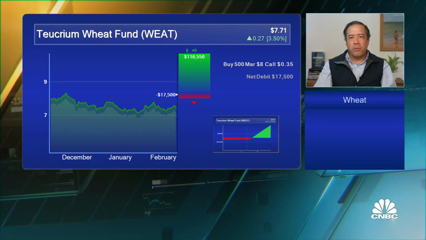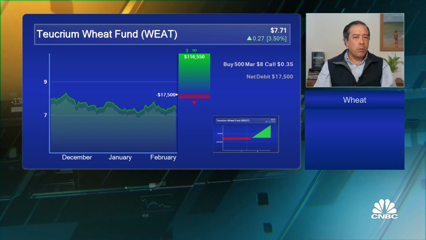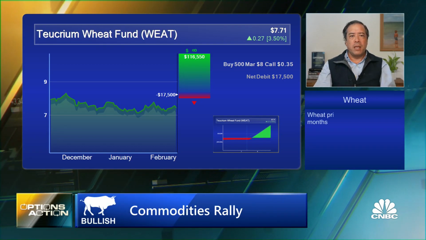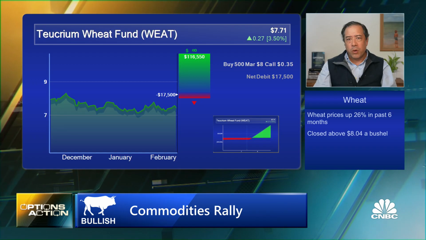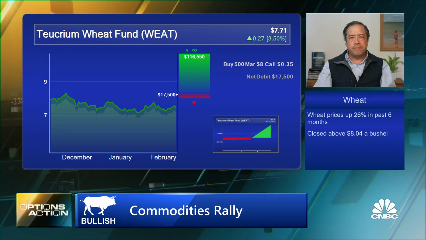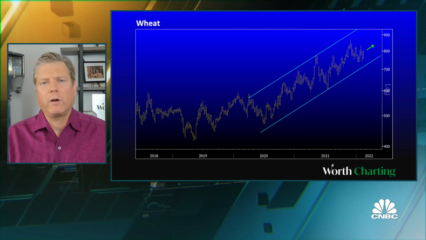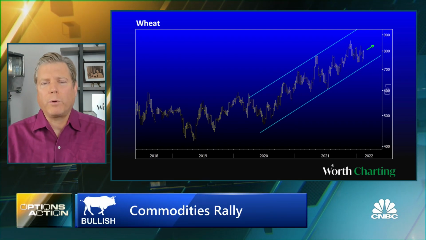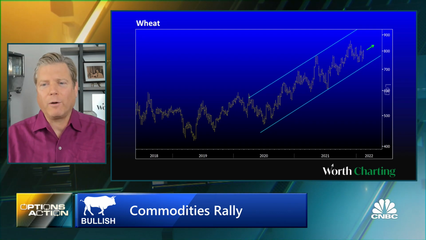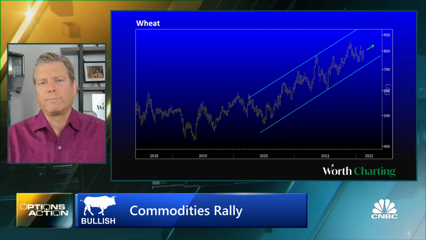The first of these is wheat. Call options significantly outpaced put options on wheat futures today. The April 8, 20 calls were most active, and there was also above average activity in the wheat ETF, ticker WEAT, where the March 8 calls were most active. Carter, what are you seeing there? Well, this is the definition of north by northeast. Higher, higher, steadily higher, but never gets frothy, right? No blow off, as we saw in lumber, for instance, recently. And so the only interpretation in principle is stay long, be long. And the arrow there depicts that.